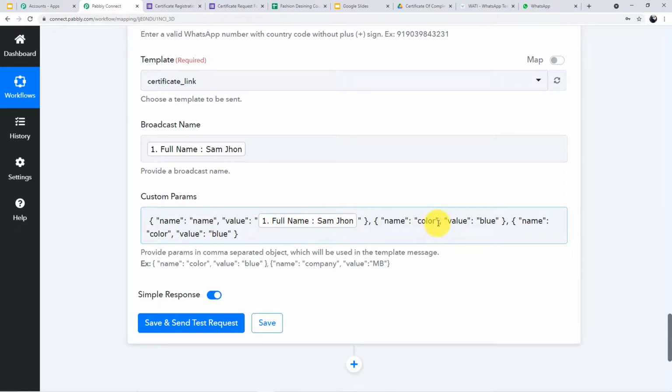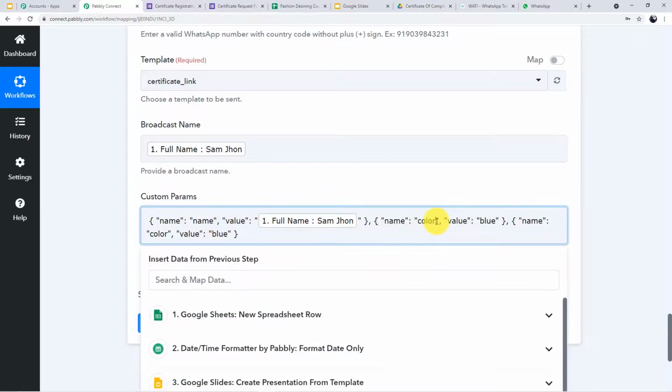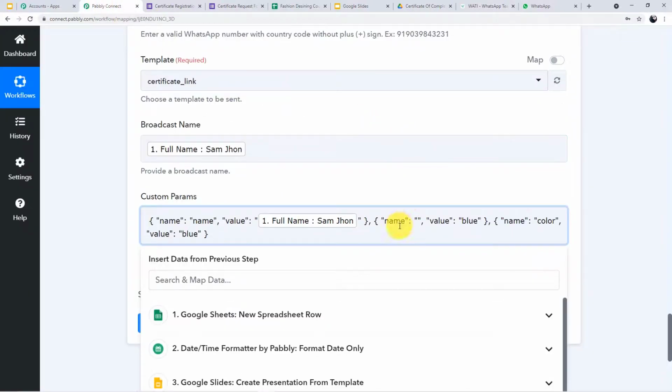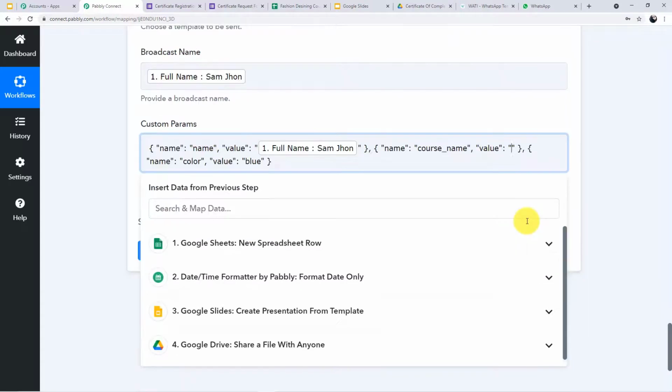Now jump to our second parameter. In front of name, first delete color, go back to your Vati account. See, the second variable is the course name. So copy the course name as it is and paste it here in front of name. Now we will enter the value of the course name. Let's first delete blue, and here we will enter the course name.